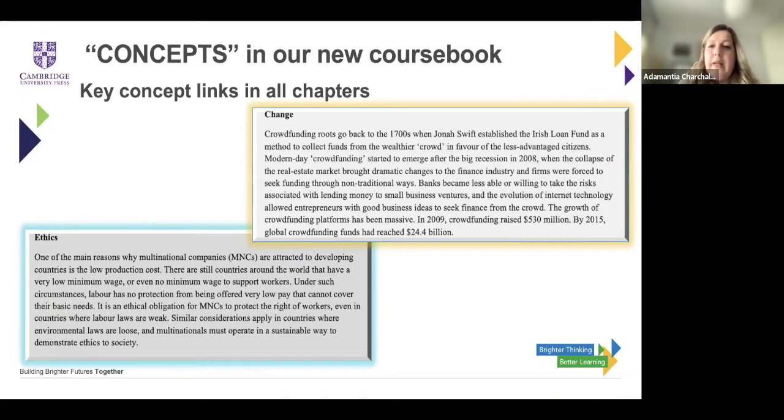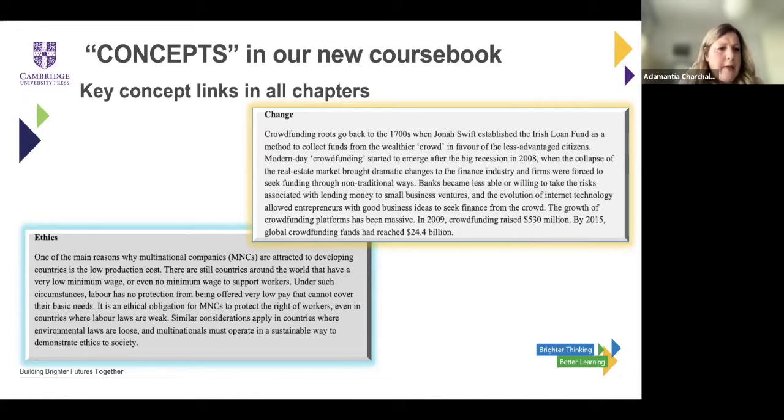And in this link, we are developing a connection between change, crowdfunding, and the big economic recession of 2008-2009, where the banking system brought up challenges for which the traditional finance methods stopped being relevant for many businesses, so new methods had to come up.